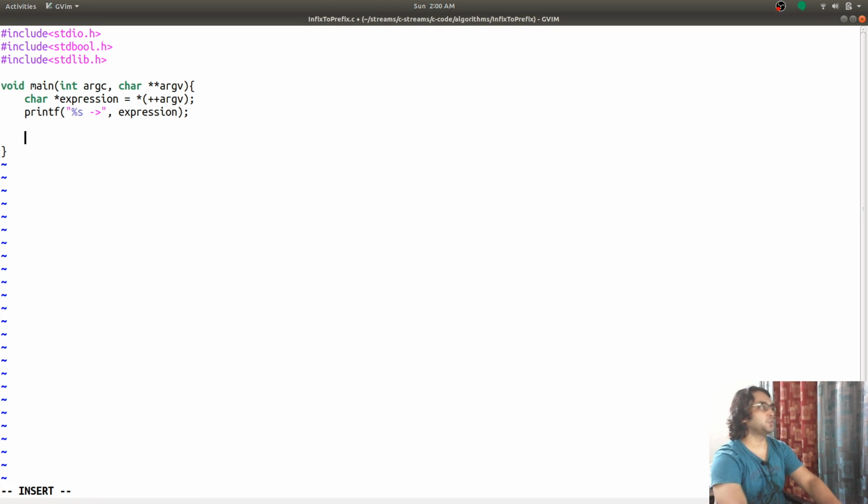Next, we are going to have to get the length of this string. What is the length of this string? I can use the string header file string.h, but I'm going to implement that function so that you can see in front of you.